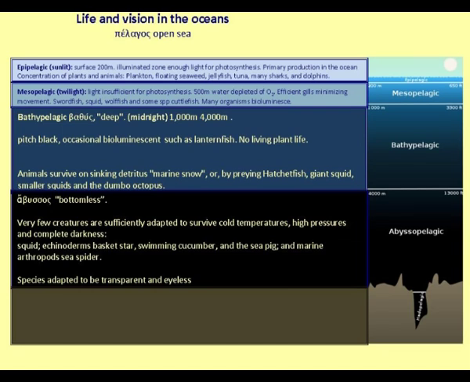Now this is a really strange, weird zone. Here it is cold, it's totally silent. There is no light, there is no plant life. The only source of food is what's coming from above, foodfall, or other animals that are living in this zone as well. Marine snow. And here we have these gorgeous looking creatures, hatchfish, giant squid, some of the smaller squids,